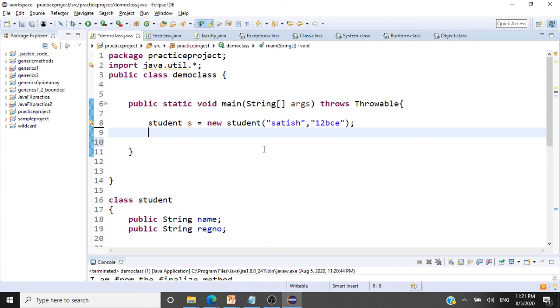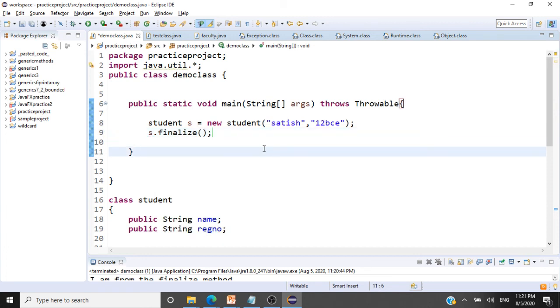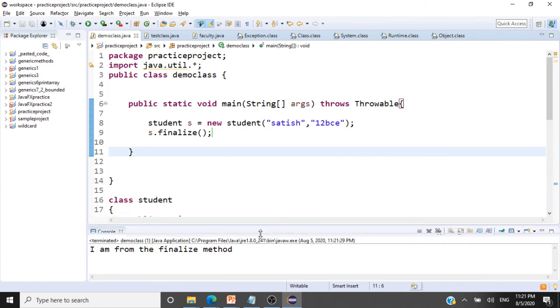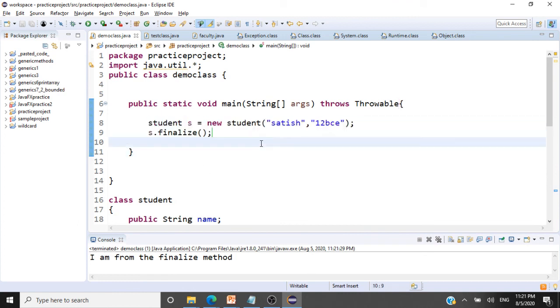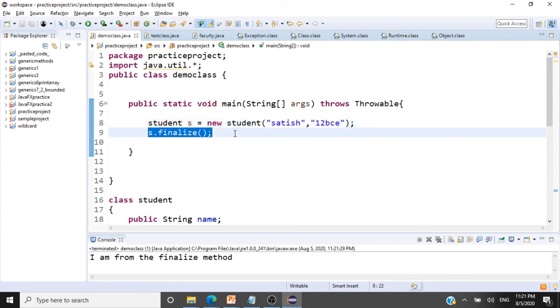We can also go ahead and invoke finalize directly like a normal method, but this really doesn't serve the purpose. It just calls the method, it works fine. We are releasing the resources. But this object will not be garbage collected because it has an active reference pointing to the heap. So this is not part of garbage collection, and hence our finalize method, though it is being called, will be called again when there is an actual garbage collection process happening. So that's again for your information. I hope you have understood finalize. Thank you.